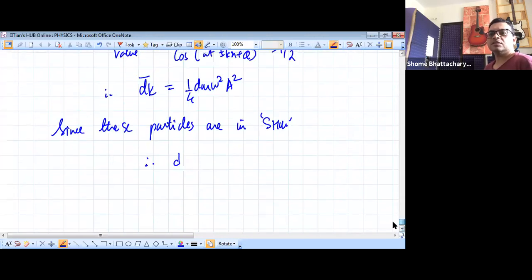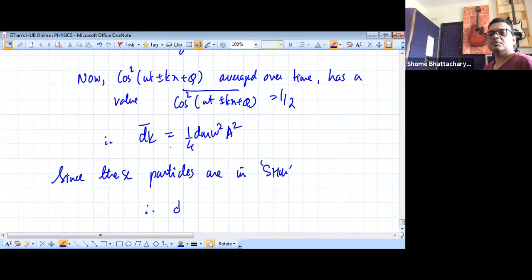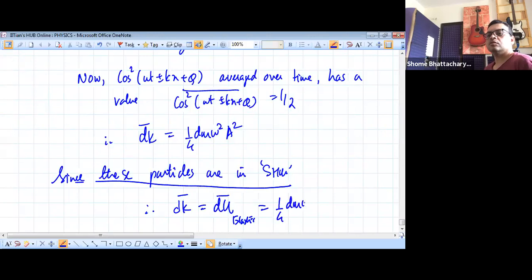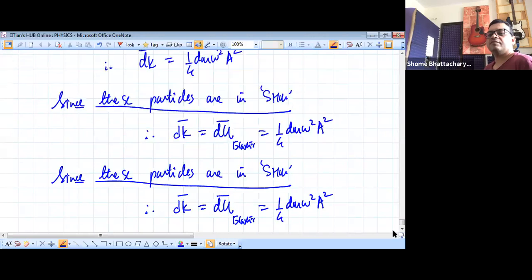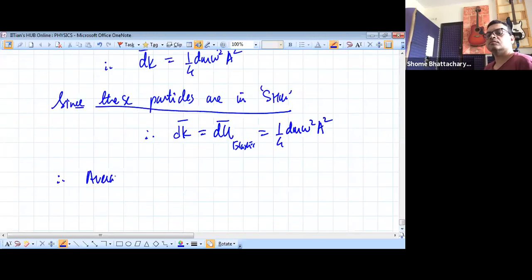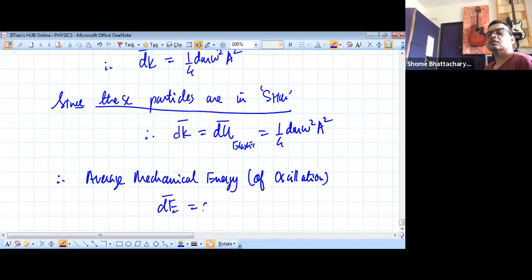So coming back here, we are seeing that a particle of mass dm, its average kinetic energy during the oscillation is this term, 1 by 4 this. So since they are in SHM, the average kinetic energy will be the same as the average potential energy, which is elastic potential energy of the string, which will be 1 by 4 dm omega square e square. So we can say that the average mechanical energy of oscillation for that particle dm, that is sum of average elastic potential energy plus average kinetic energy,